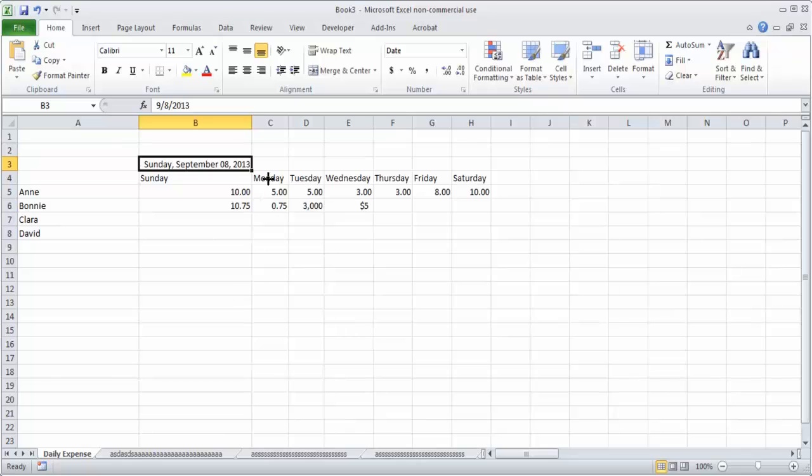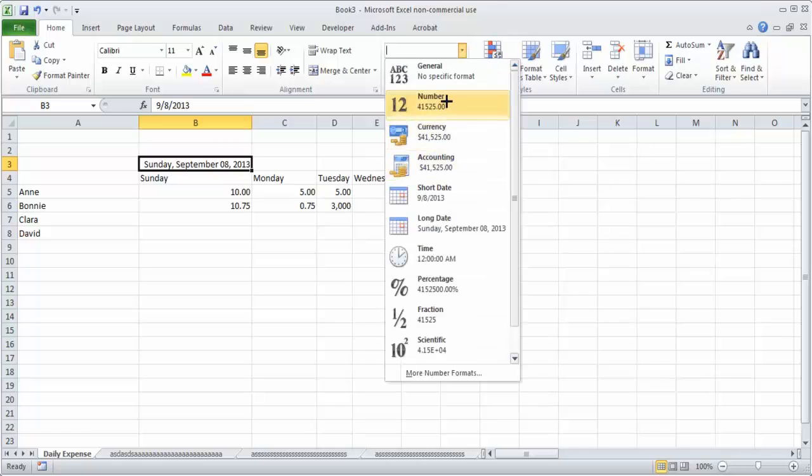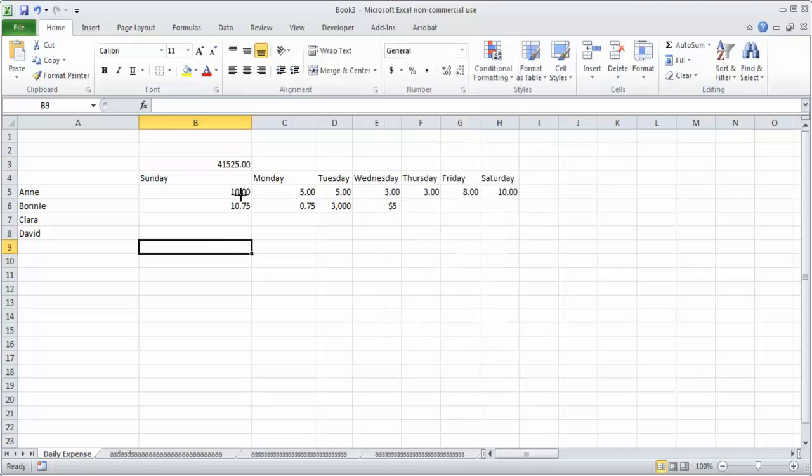One of the good things about dates in Excel is that the format is actually a value, it is actually a number. If I change this, I can see a number over here, 41525.